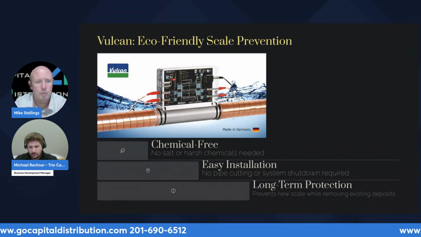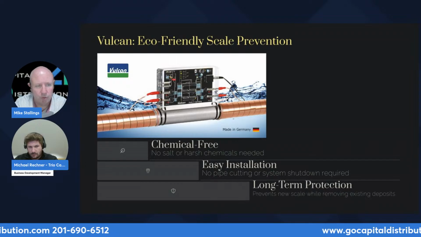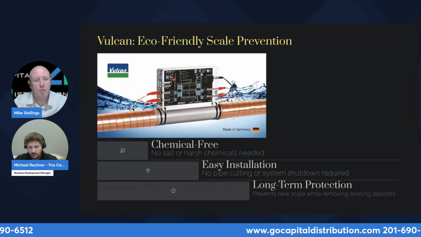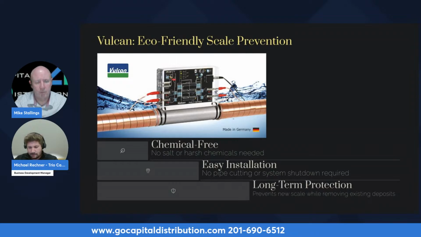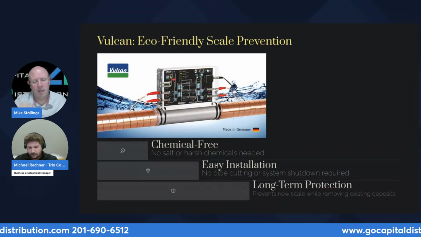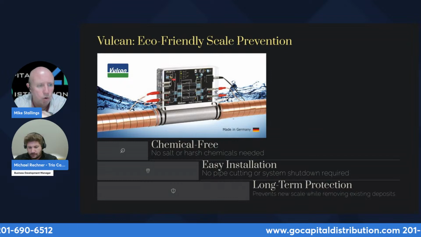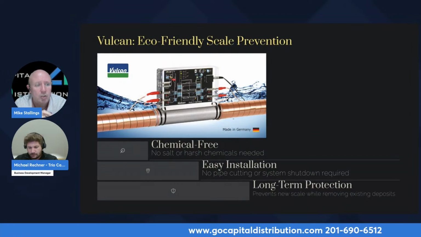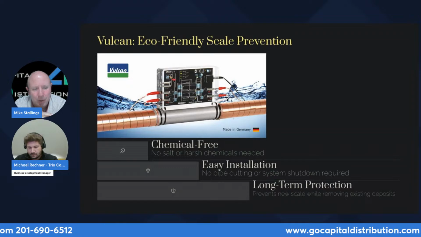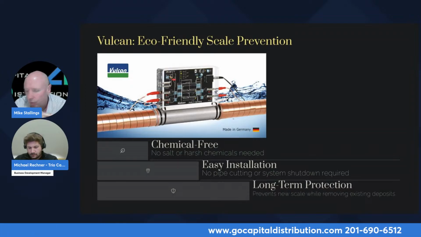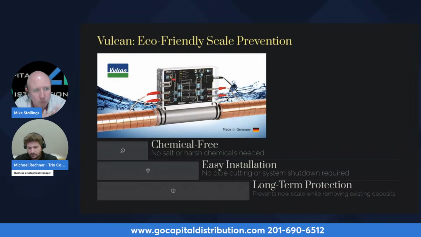So what you do is, as you can see from the picture, this particular picture shows it zip tied to the pipe. You have the copper bands wrapped around the pipes on both sides of it, and then you have the red wires go to the copper strands, and then that black wire is where you're plugging it into the wall. So it's a very easy installation. Almost 99% of people will self-install this. You don't really need any help with it. It's very straightforward. So hopefully that answers your question.